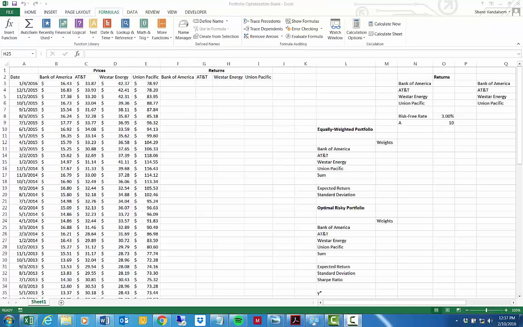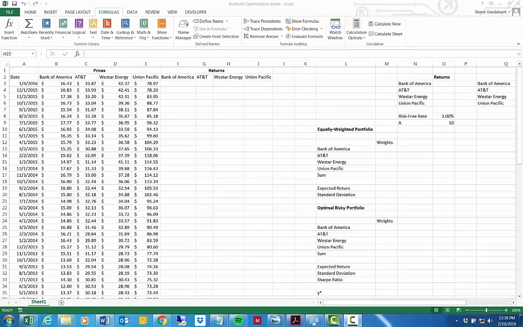All right, so now we're going to actually use the information that we went through in the document to calculate first the returns for the individual assets, and then we're going to calculate the variance covariance matrix, and then the weights of an equally weighted portfolio with the expected return and standard deviation, and then the optimal weights for the optimal risky portfolio, and then show you the expected return, the standard deviation, and the Sharpe ratio of that portfolio. And then finally, we're going to finish up with calculating the optimal amount that a risk-averse investor would put into the risky portfolio and the amount that they would put in the risk-free asset to make the complete